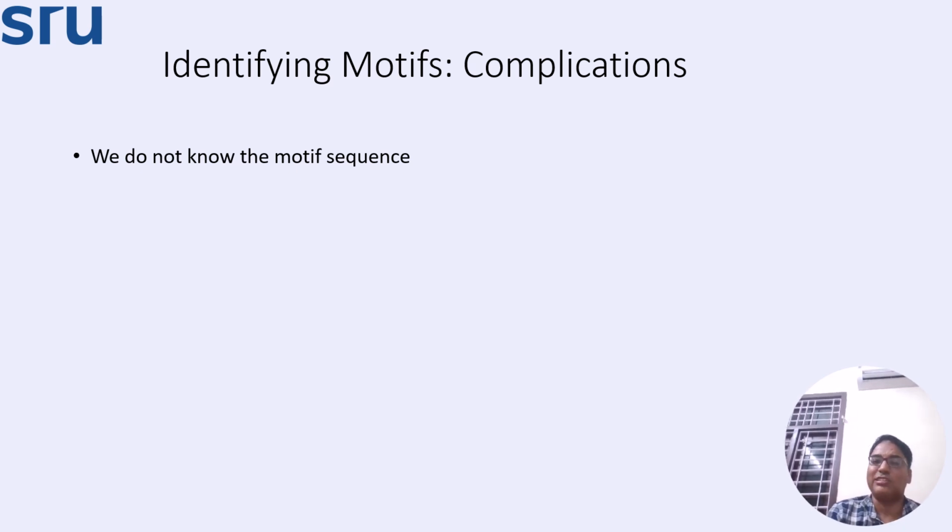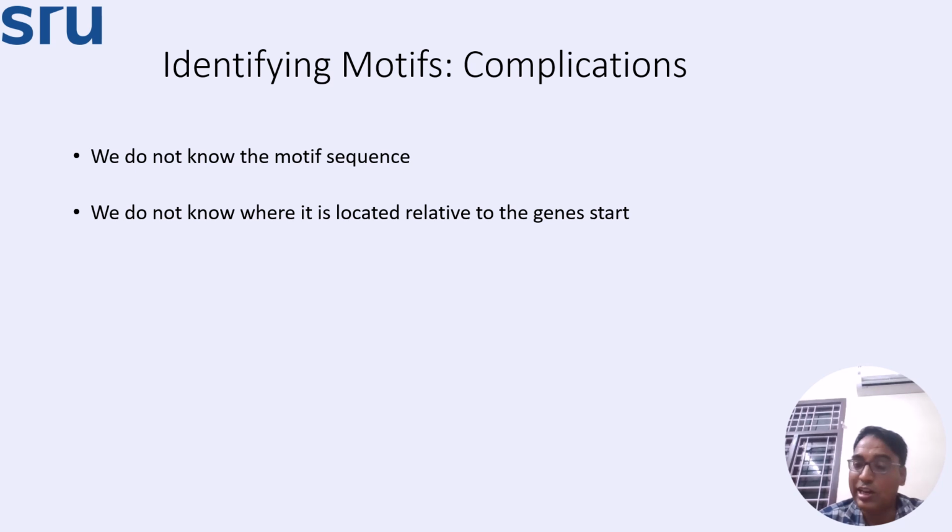So what are the complications coming up here? Whenever you are taking a new sequence, say suppose some student has found a new sequence from a bacteria, and found that that bacterial sequence does not exist in the NCBI database. Then what will you do? He cannot find out the motif, he cannot find out the function. We don't know the motif either, no information at all. So in that case, how to start? We do not know where it is located relative to the gene start.